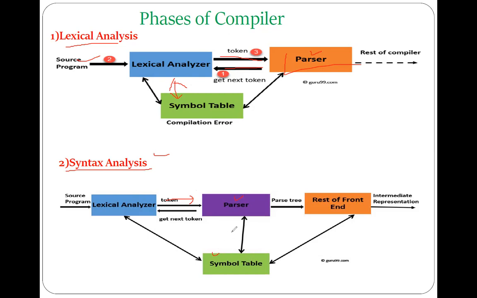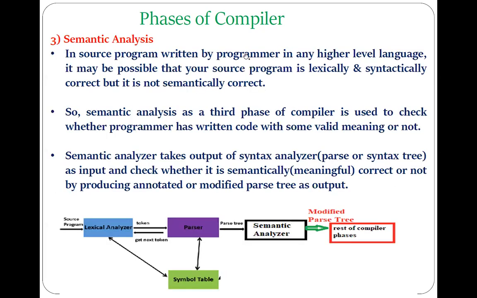The parser or the syntax analyzer takes the input tokens from the lexical analyzer, and it produces the parse tree or the syntax tree. If the parse tree or the syntax tree for a particular sentence or expression can be generated, then we can say there are no syntactical errors. If the parse tree or the syntax tree cannot be generated for the particular expression with the help of the given available grammar, then we can say there is a syntactical error in your program. These details of these phases we have already discussed in the previous lectures. So our discussion today is related with the semantic analysis phase of the compiler.